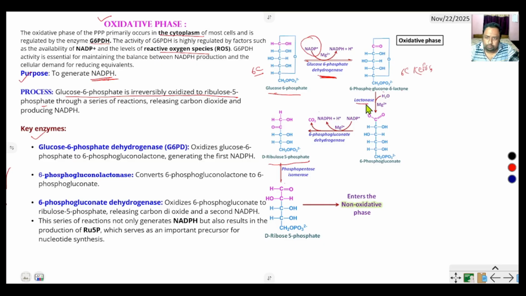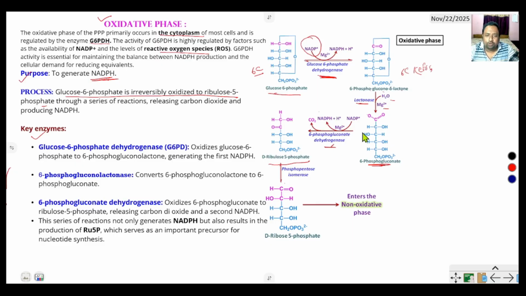This 6-phosphogluconolactonase, in the presence of magnesium ion and H2O, is converted into another aldose sugar, 6-phosphogluconate. Okay, this 6-phosphogluconate, in the presence of NADP plus and 6-phosphogluconate dehydrogenase enzyme, that is an irreversible